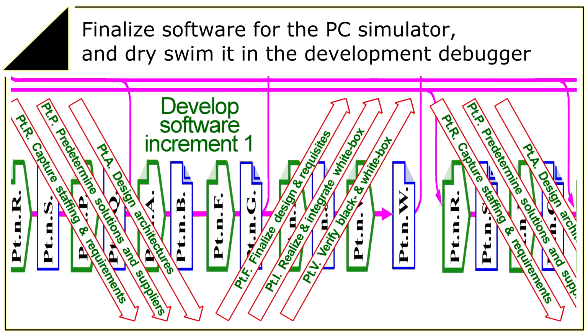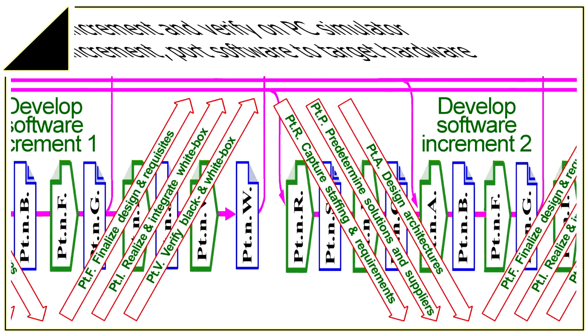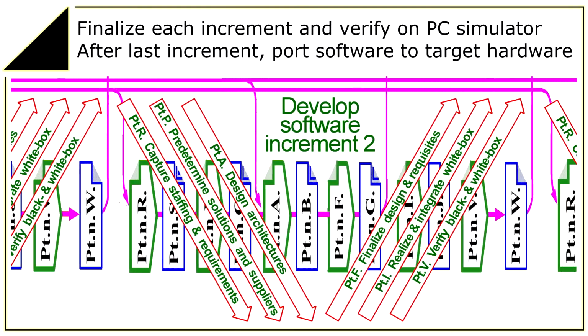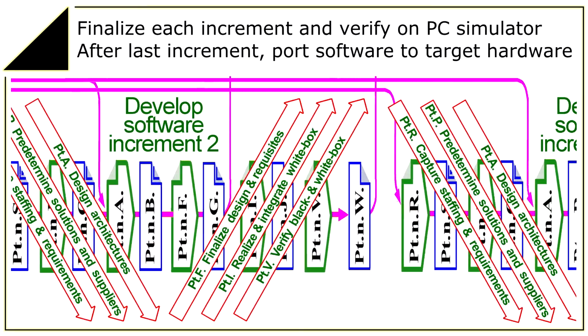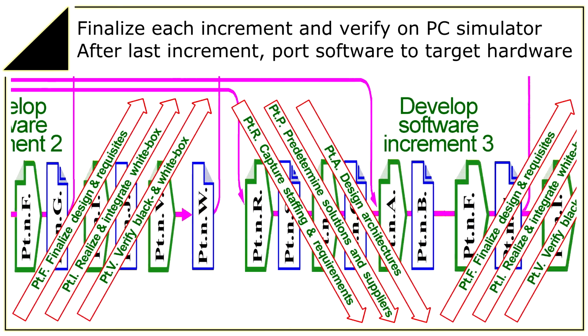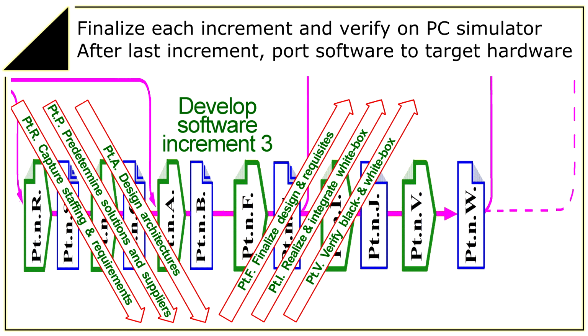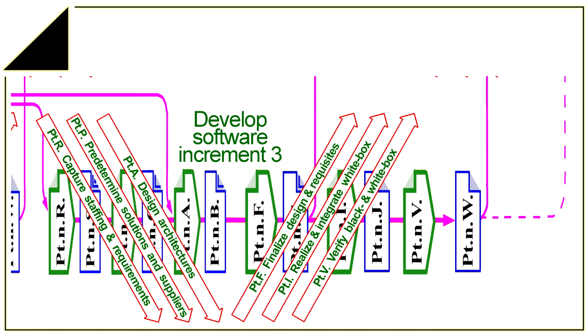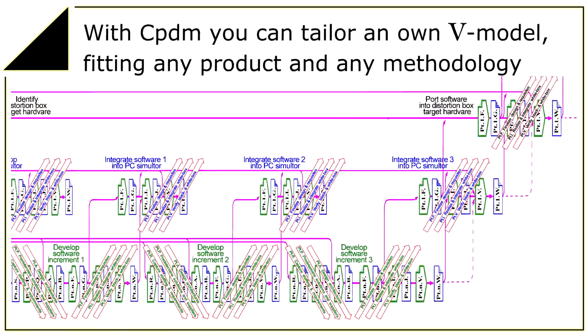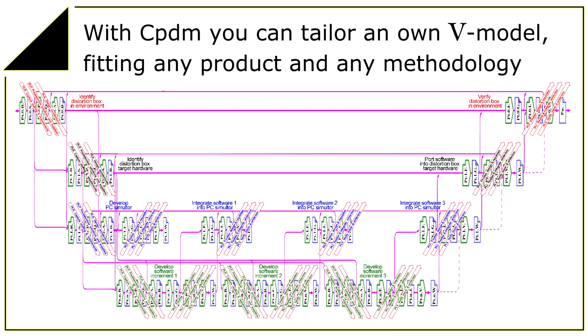Moving along the software nesting level shows that one after the other increment is developed and debugged. Any incremental development methodology of choice can be applied, for example Scrum. Note that for each increment, the software can be realistically verified by the PC Simulator one nesting level up. This was a CPDM example, how to build a comprehensive and efficient complex development model from V-model building blocks.